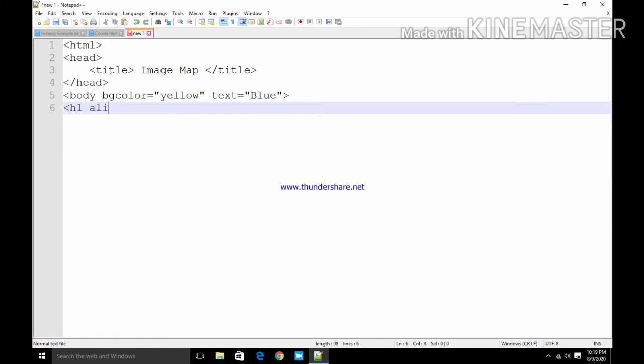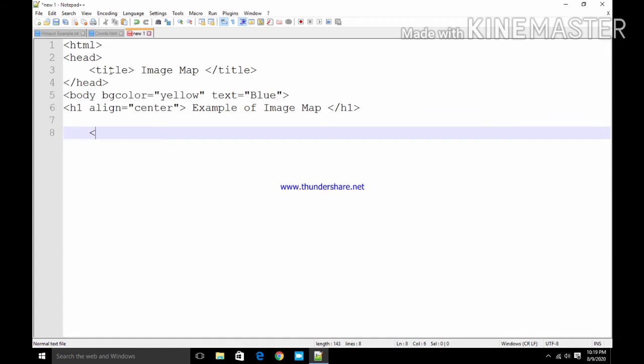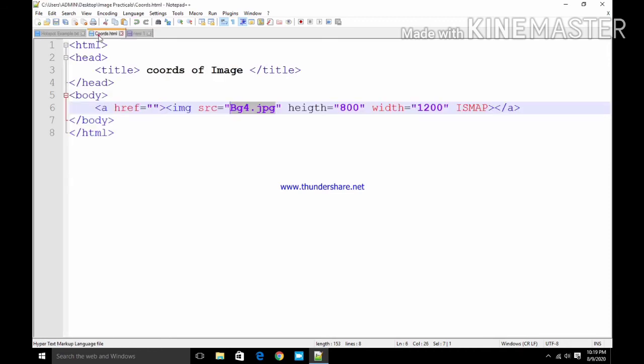H1 align center. Example of image map. Then H1 close. Now here we will use the img tag, src, the same file.